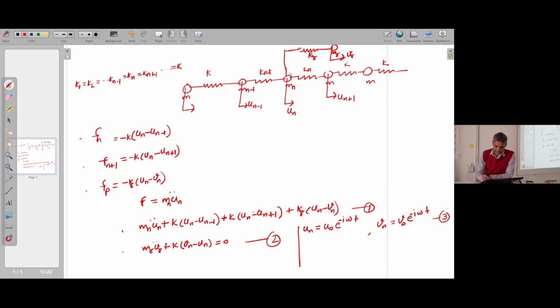right? So there was a scientist, so-called Bloch. He modified this equation, so that in the case of a periodic structure we can have this U naught given by capital U, which is a function of the wave number, capital K. Actually, small k is my stiffness, capital K is the wave number. And this wave number is a function of omega. Omega is the frequency. U is a function of capital K. Capital K is my wave number, right? It's a function of omega,